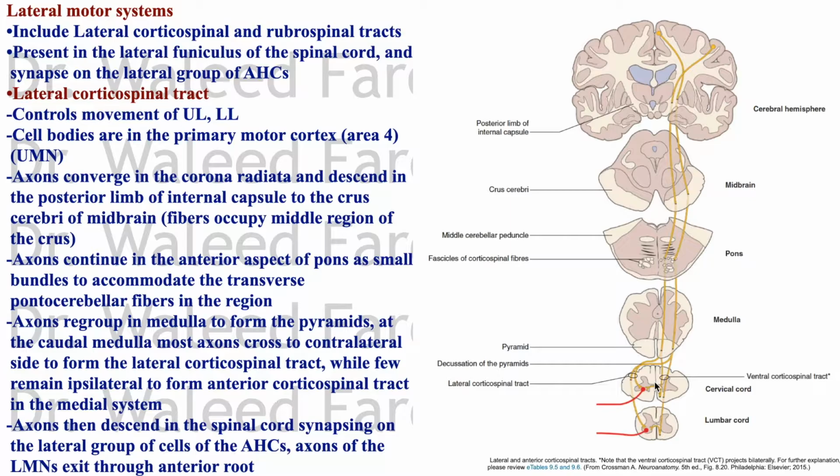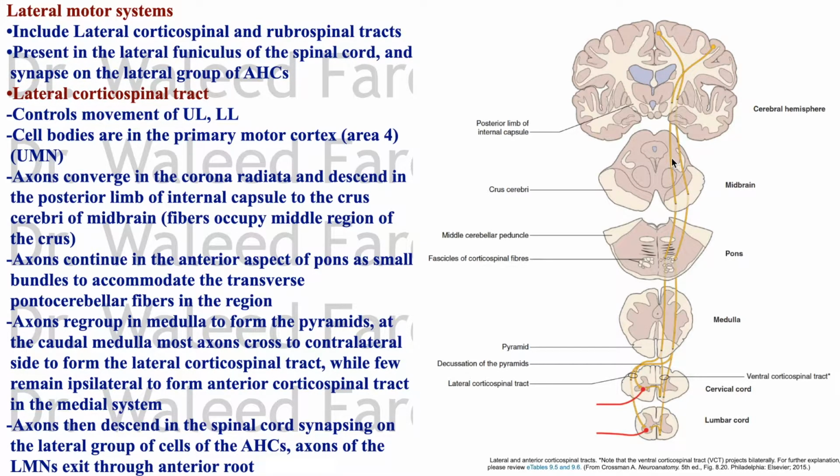Axons then descend in the spinal cord, synapsing on the lateral group of anterior horn cells. Remember, this group was responsible for the movement of the upper and lower limbs. And axons of lower motor neurons exit through the anterior root of the spinal nerve. This is the origin and course of the lateral